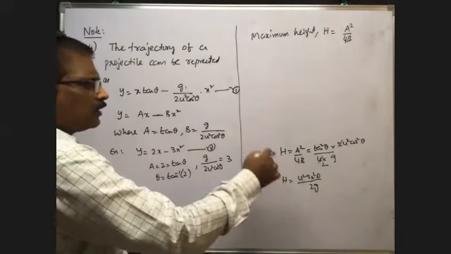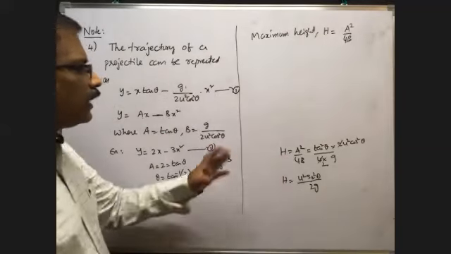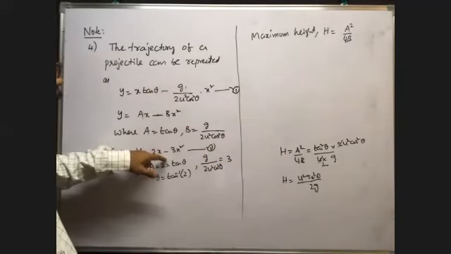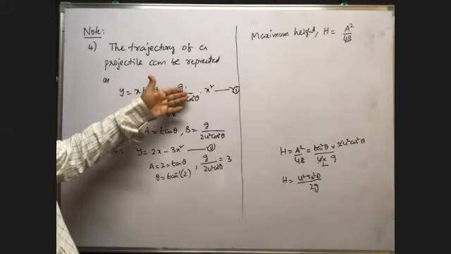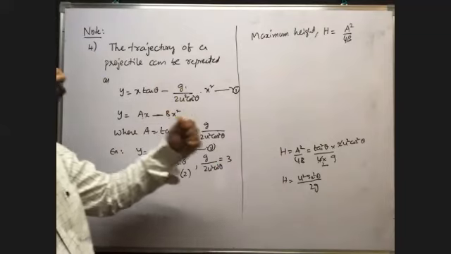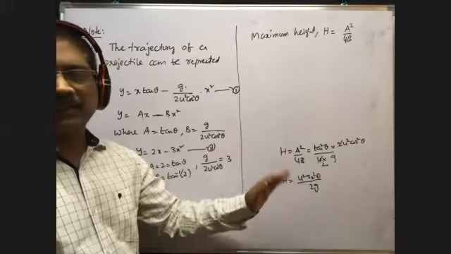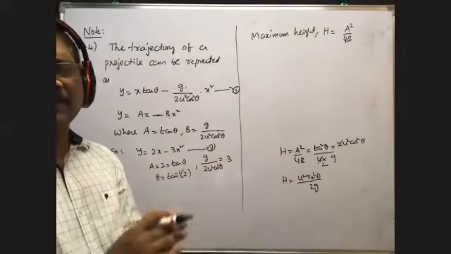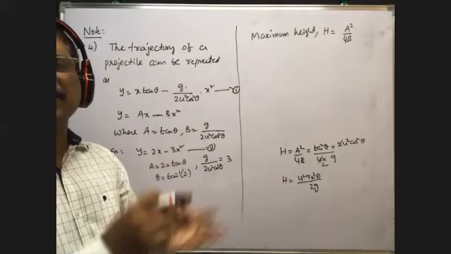Of course, you may get the idea or not. If you are not getting the idea, with the general formula you compare this one, then you find the tan theta value, and then you find the u value by comparing these two. Then by using this formula, you can calculate. That is one way. If you know the formula directly, within a few seconds we can do the problem. Otherwise, it takes minutes. So no doubt, it is the formula for maximum height.